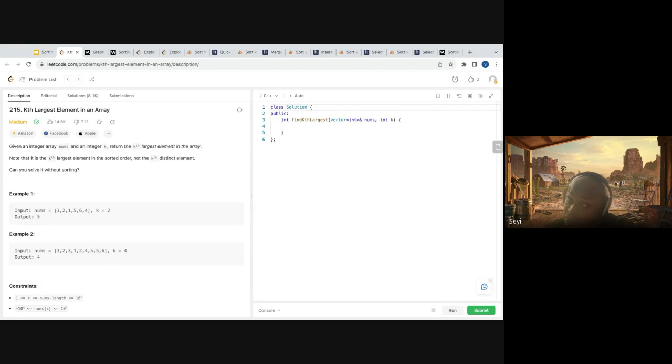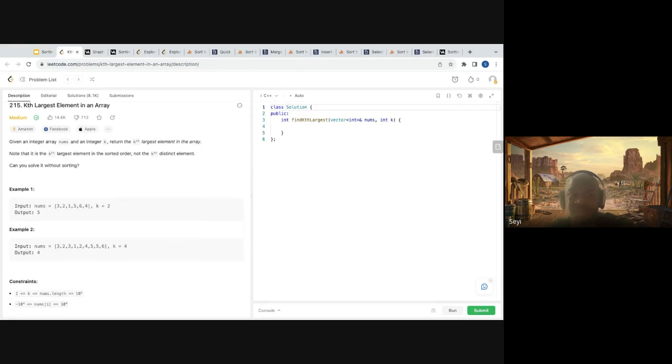Here, if I use a hash map, that's an interesting one. If I dump everything in a hash map, that could work. But then how do I know the kth position in a hash map? The hash map is not sorted, remember. That means I have to loop through either from the maximum to the minimum or the minimum to the maximum, which, depending on how big the maximum and the minimum are, might be very terrible. In this case, we can go from minus 10 to the 4 to 10 to the 4, so that's 10 to the 8. That's a bit too much. You see the thing? So that doesn't work.